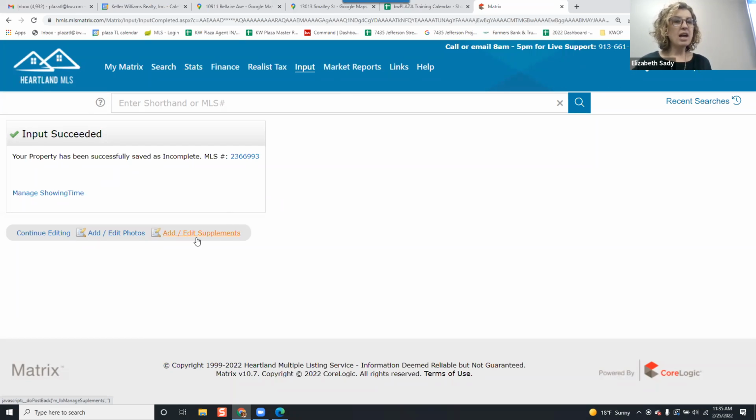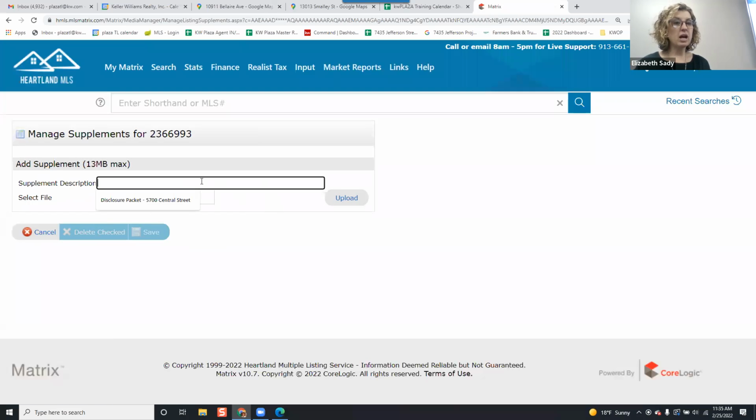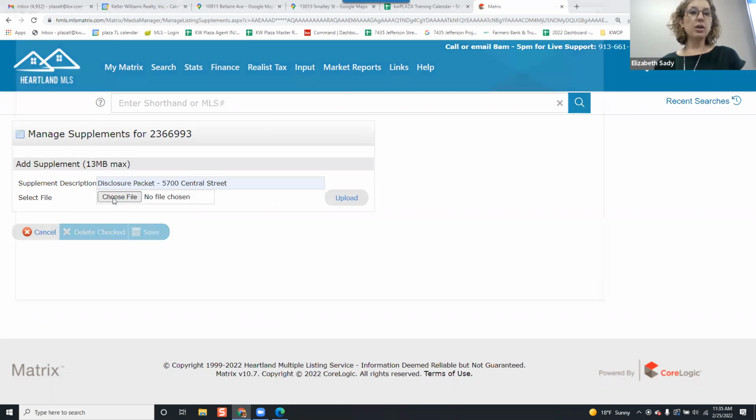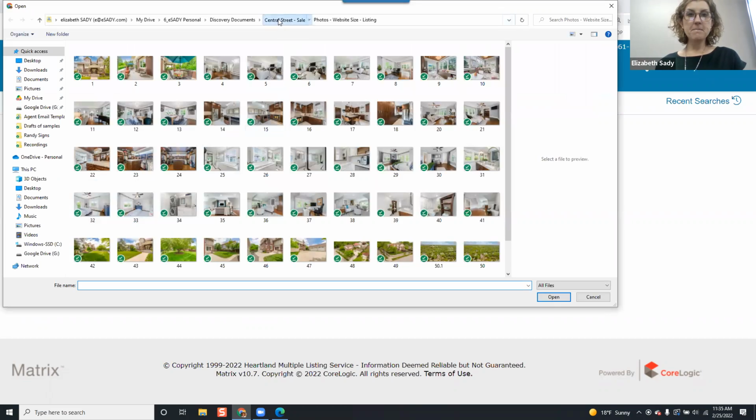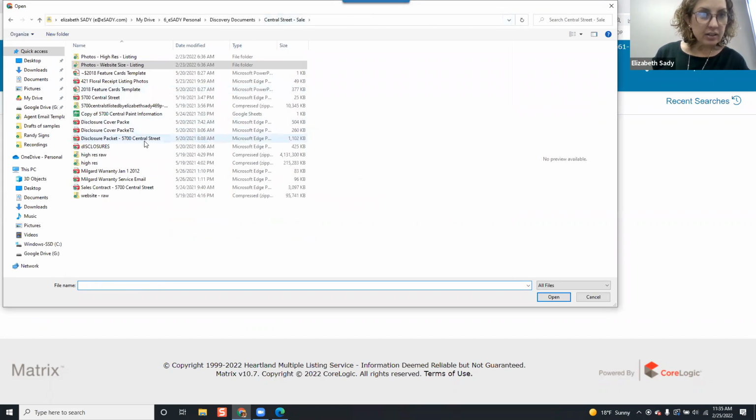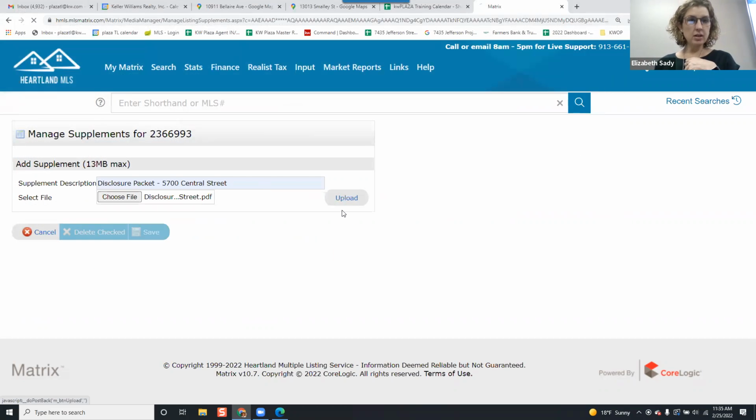you've got where you can add or edit your supplements. That's where you're going to upload your seller's disclosure. So here you can say disclosure packet 5700. You're going to go to your computer and choose that. Let's see if I look at that disclosure packet. I'm just using it, and click upload